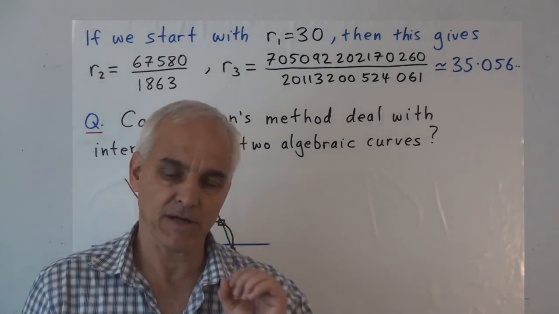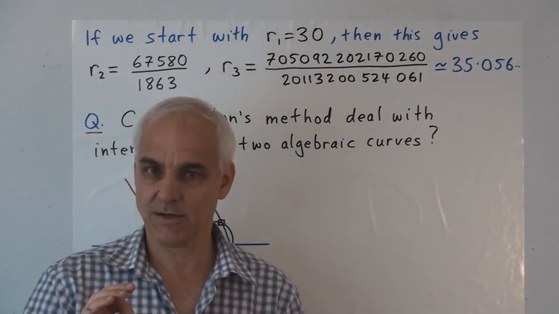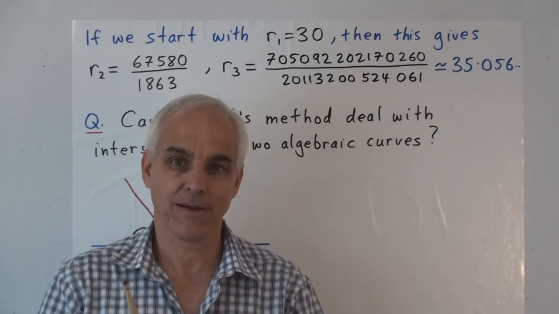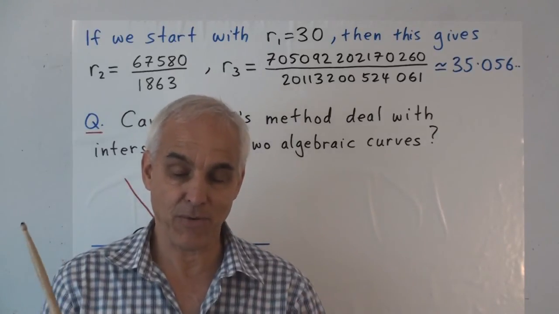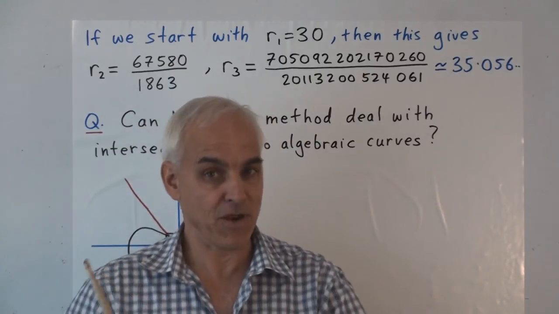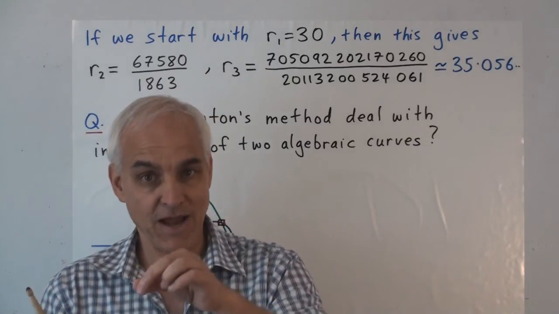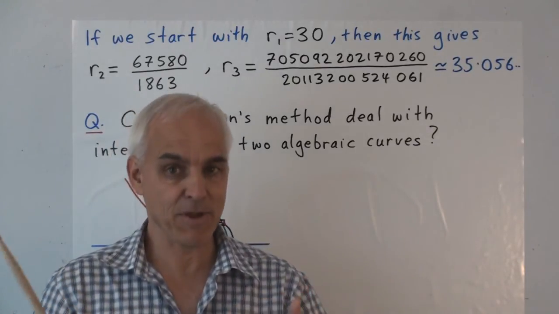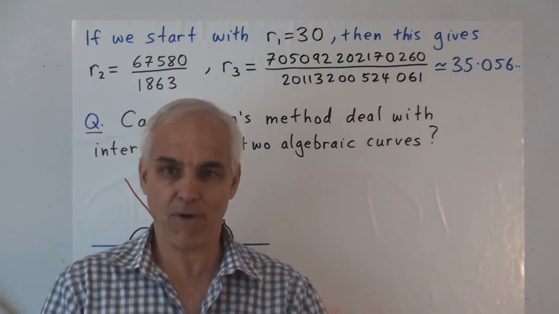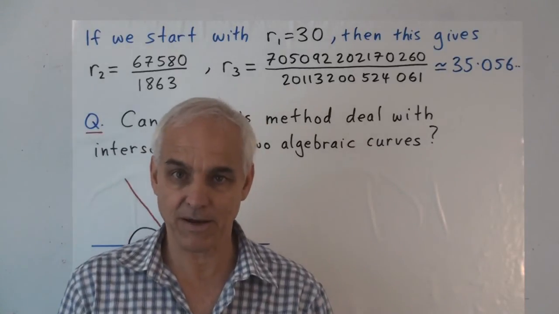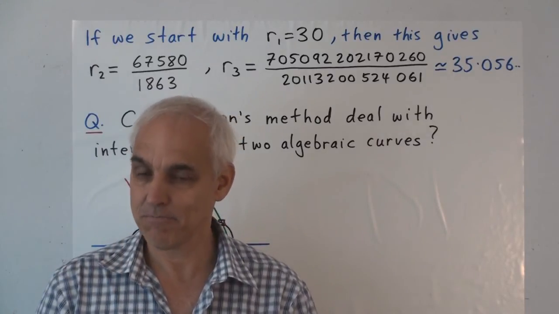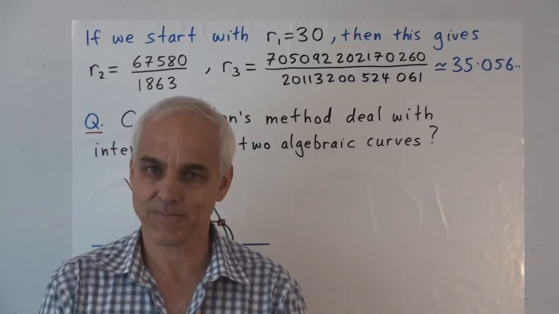But I'm also telling you about it in some detail because I want you to appreciate that Newton's method does not solve equations exactly. In fact, I want you to appreciate that in general, equations cannot be solved exactly. They can be if we cook up the equation specifically in order to have a solution. So yes, some equations do have exact solutions. But your average, ordinary, run-of-the-mill equation, if it's at all a little bit complicated, chances are you won't be able to solve it, not exactly. But approximately, you can still have a good chance.